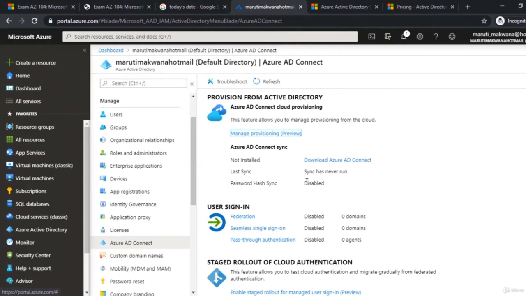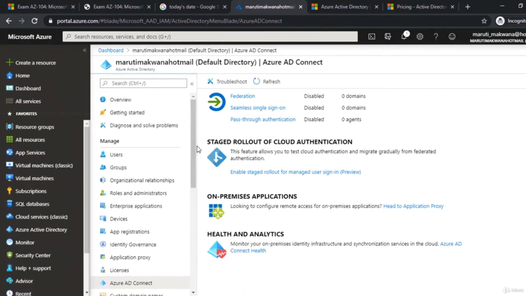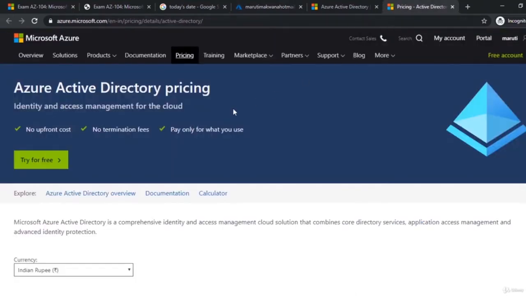And then all the users of your organizational AD are going to associate with Azure AD. You can also associate your on-premise applications with Azure AD, and you can get all the insights through monitoring with that. There are a couple of features which are not part of free Azure AD, or I can say basic Azure AD. As you can see on Microsoft, if I go to my Azure Active Directory pricing page,